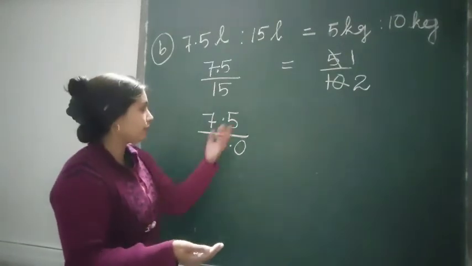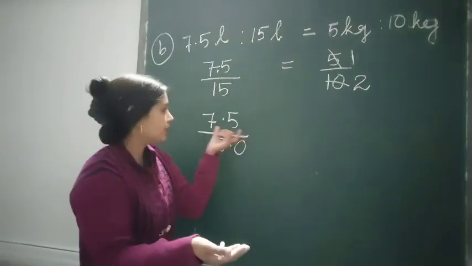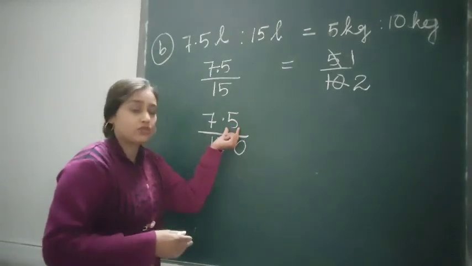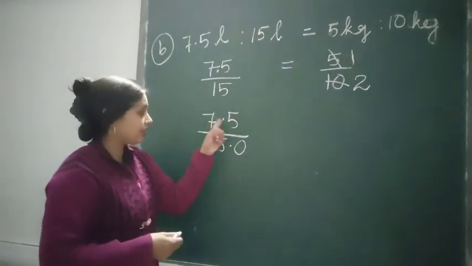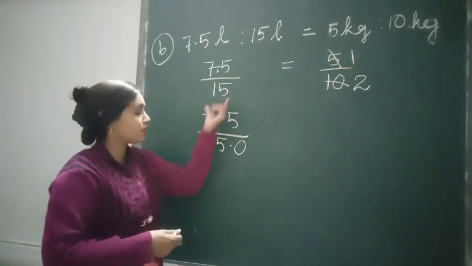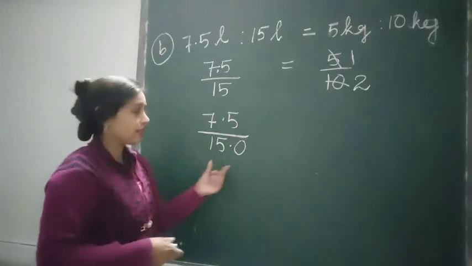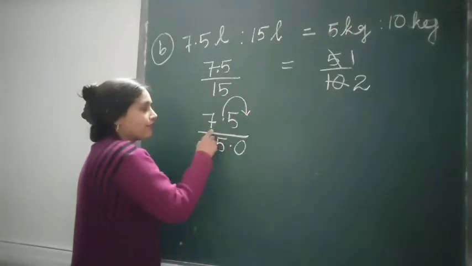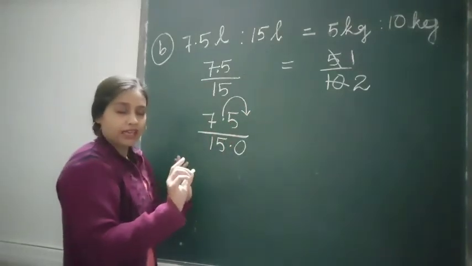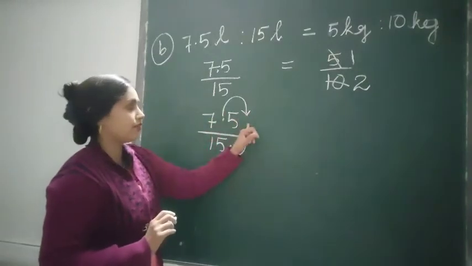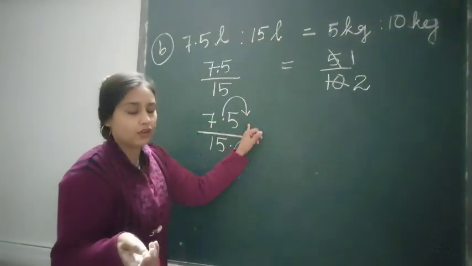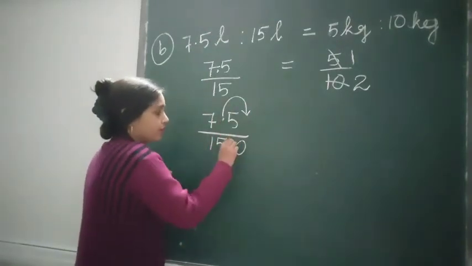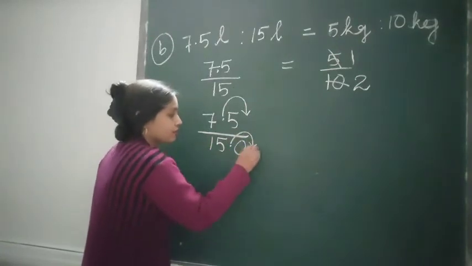If decimal has zeros in the end, then we can only write the whole numbers, right? But here the decimal has 5. So we need to remove this decimal from here. For that reason we put a decimal here, because 15 can be also written as 15.0. Now we shift the decimal. How many places shifting? Only one place shifting will be enough for us. Why? Because the decimal will go after 75 and we'll get a whole number, and that will remove the decimal. So one place shifting from here, one place shifting from here also.